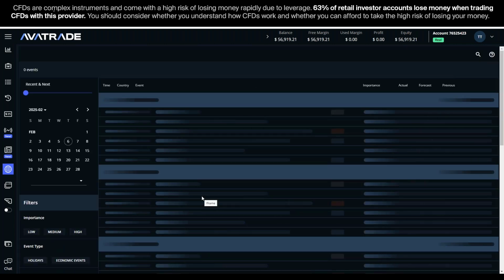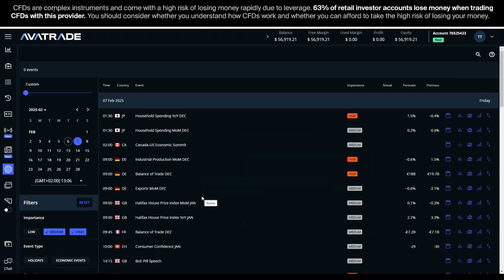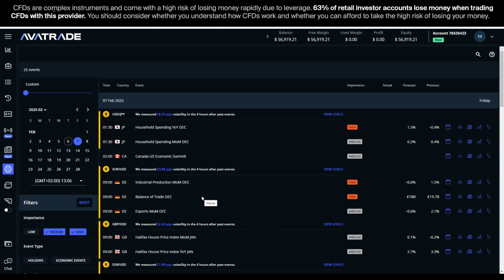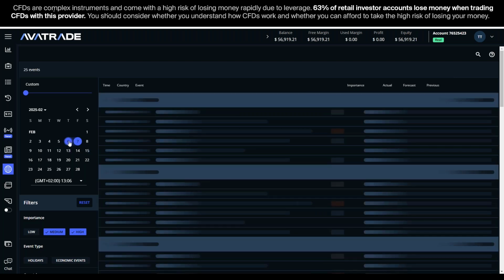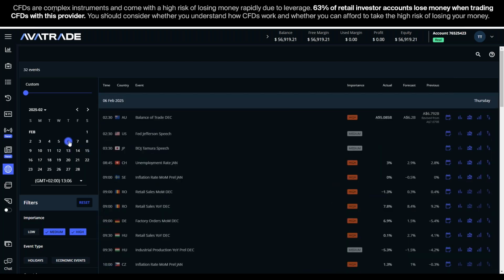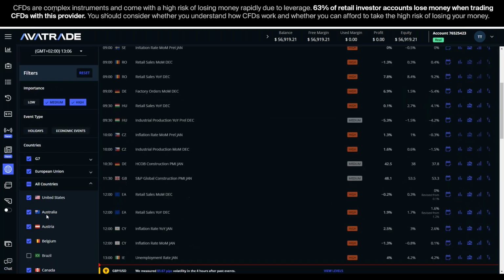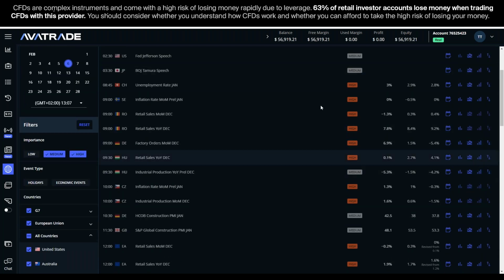and tomorrow. And there are some major announcements to come today and tomorrow. So we'll take a look at that. Today's announcements, and again, if you haven't used our economic calendar, you can pick the countries that you want, pick the major economies, maybe G7, European Union, United States, Australia, etc. And then those announcements will be here.